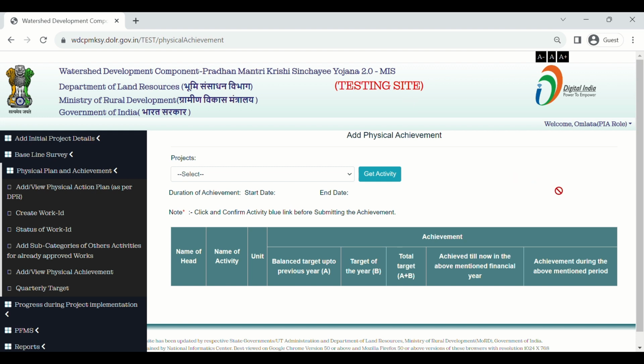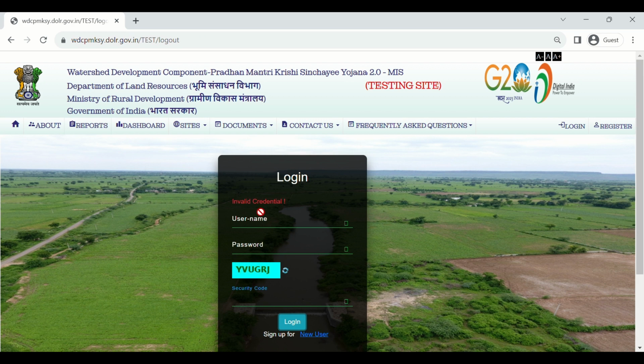Now I am going to log in with WCDC user and I will show you how the WCDC user will complete or reject the physical achievement. First log out from PIA role. Enter the WCDC username.